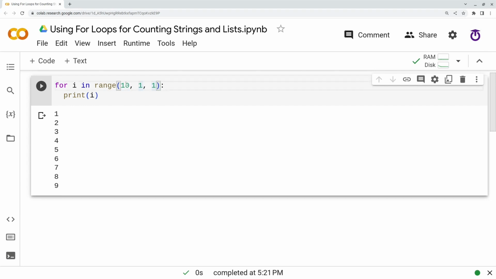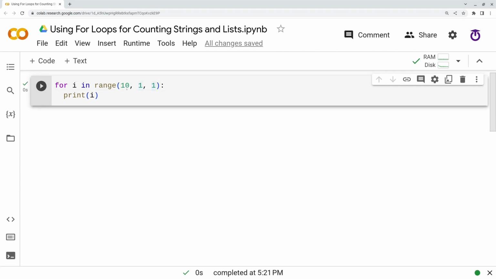Okay, so it starts at 10, ends at 1, but if I leave this at 1, this won't actually print anything because it's still increasing by 1 each time. So what I want it to do is go down by 1. So I'm going to do -1.